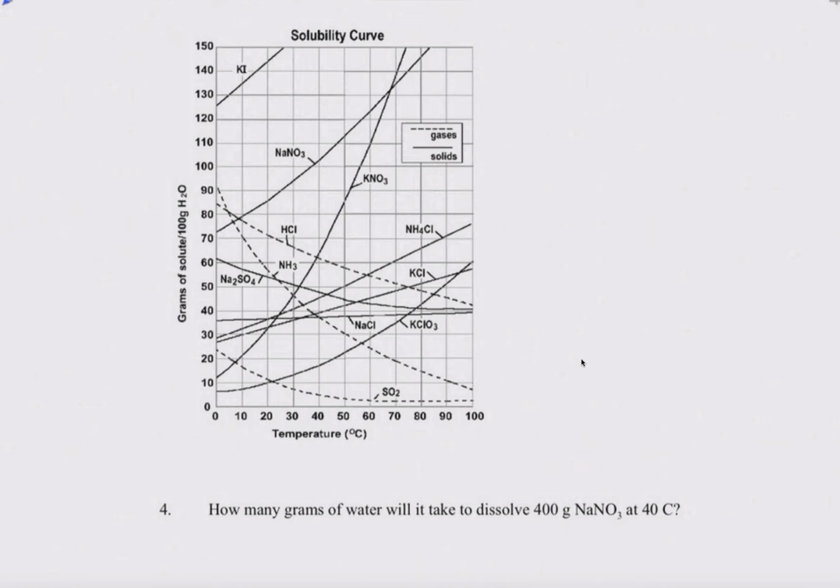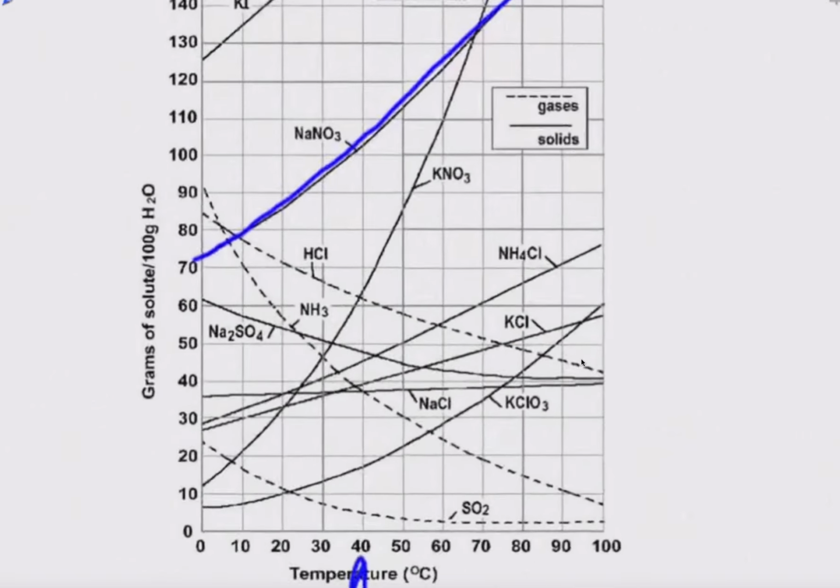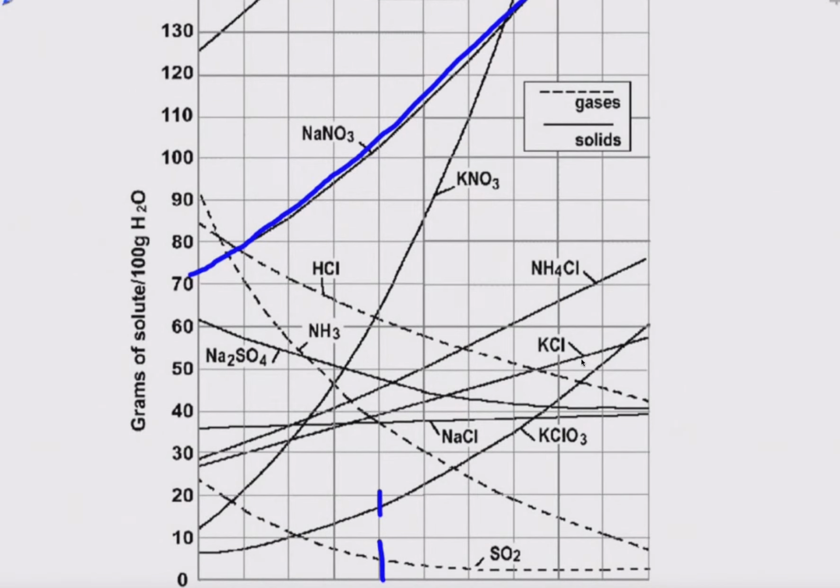So how many grams of water will it take to dissolve 400 grams of sodium nitrate at 40 Celsius? So this one is working a little bit differently. We're given an amount of sodium nitrate. So here is sodium nitrate way up here. Okay, this is the line we're looking at. And the question is at 40 Celsius, so that's this line. Well, if we look along that line,